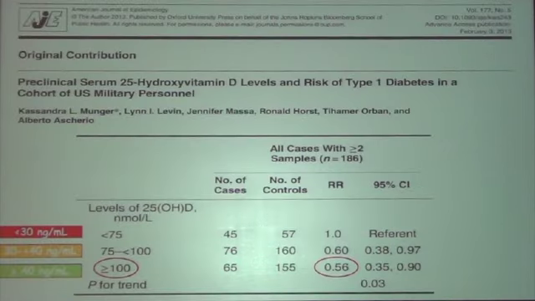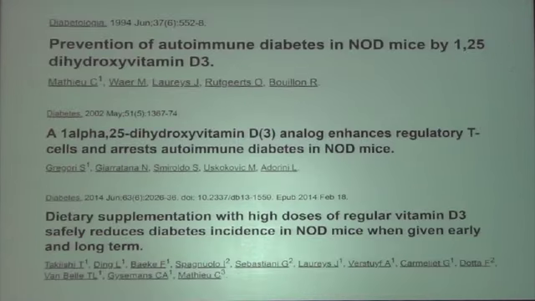And these results were confirmed by another study in adults where serum levels of vitamin D above 40 nanograms per milliliter were associated with the lowest risk of developing type 1 diabetes, maybe suggesting that the protective level against the development of type 1 is well above the threshold recommended for bone health by the Endocrine Society guidelines. So several preclinical studies demonstrated that cholecalciferol and calcitriol supplementation in non-obese diabetic mice can prevent the diabetes